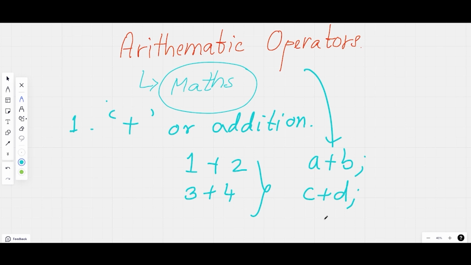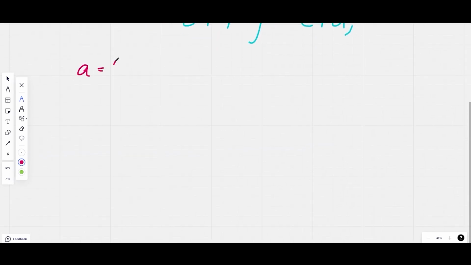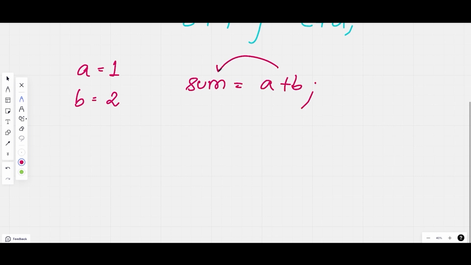For example, if I make 2 variables, a is equal to 1, b is equal to 2, you should know what answer will be stored in the sum. If I print the sum, it will be 3. So it's very simple to understand arithmetic operators.